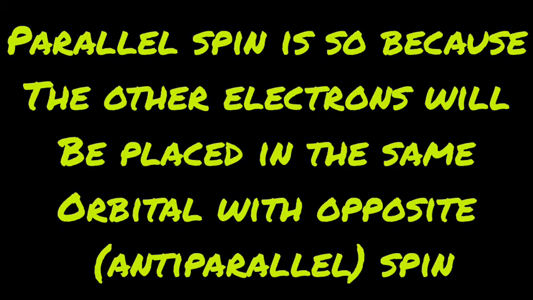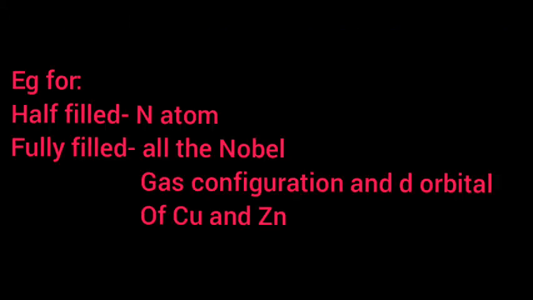Now, if we base our ideas on this principle only, then remember, when different orbitals of some energy levels are half or less than half filled, then electrons should have parallel spins. Again, if we follow this principle, then stable configurations are those with exactly half-filled and fully filled orbitals. But how is this stability explained?